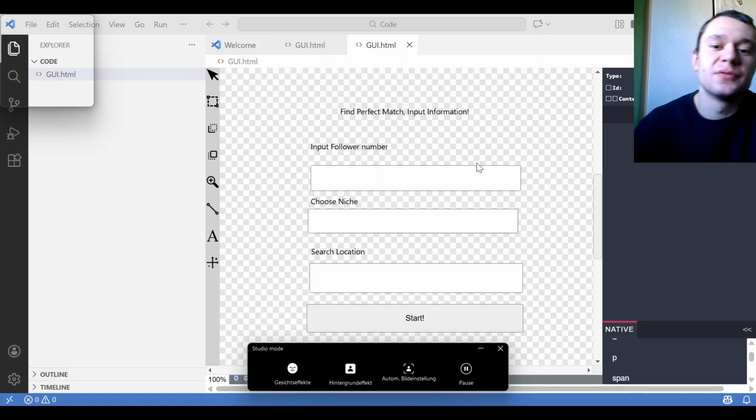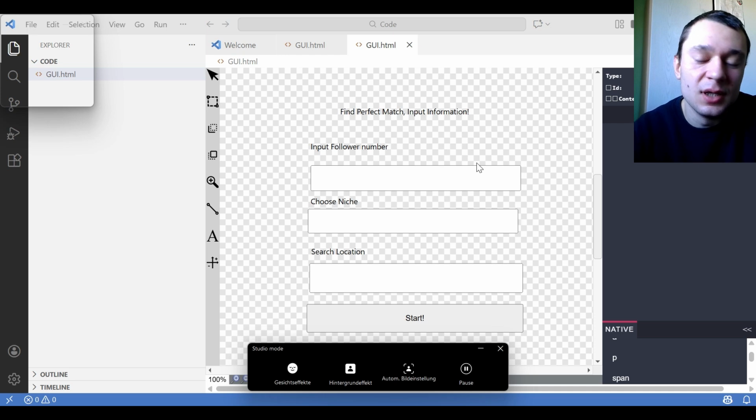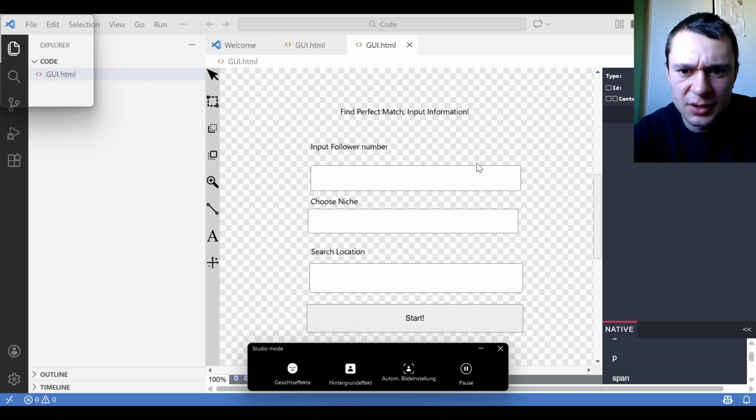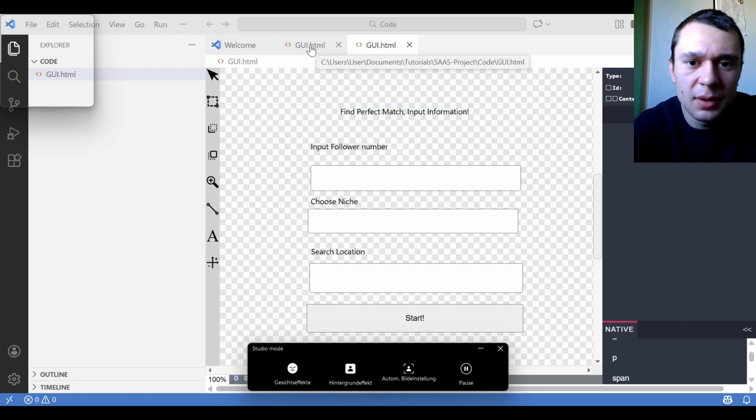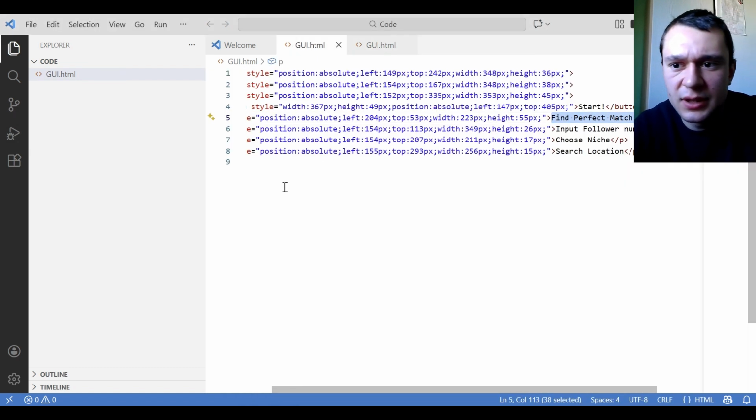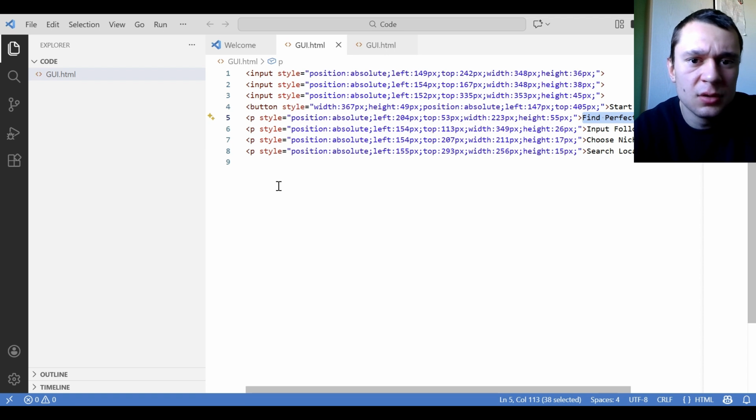Okay, so now I've done some designing. I just search location, choose niche, input follower number, and find perfect match, input information and start button. But this is not the crucial part. The crucial part is that we have a model of our interface, and I will now start using